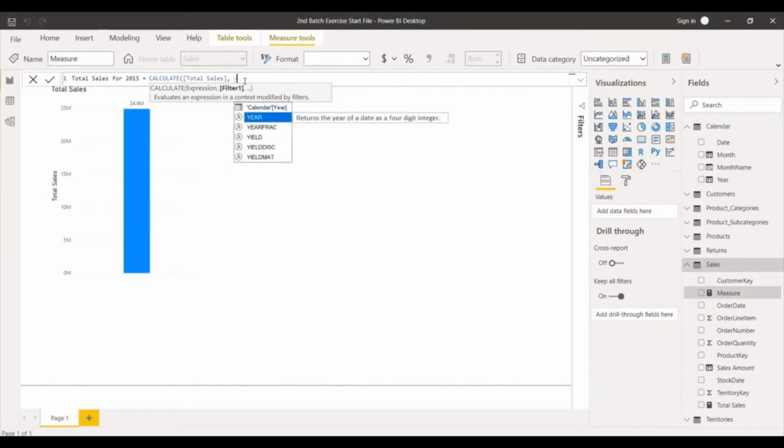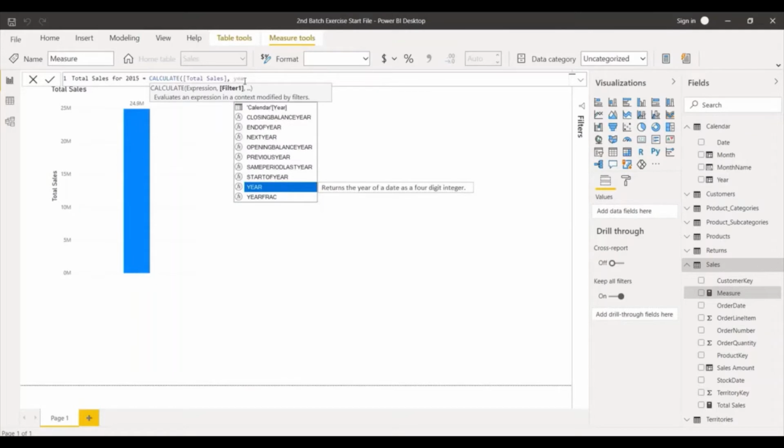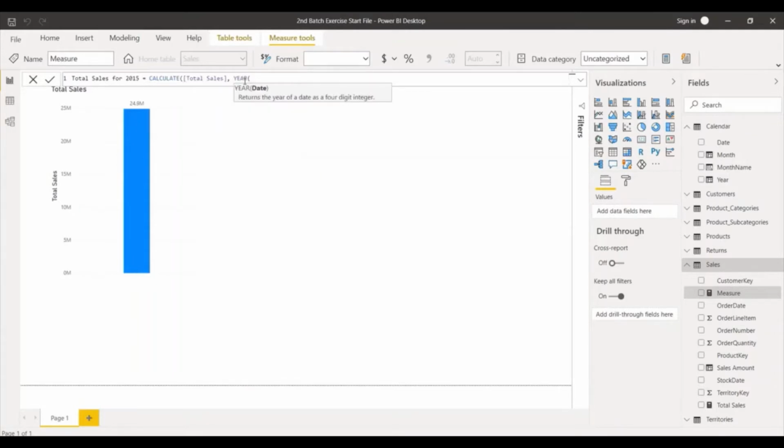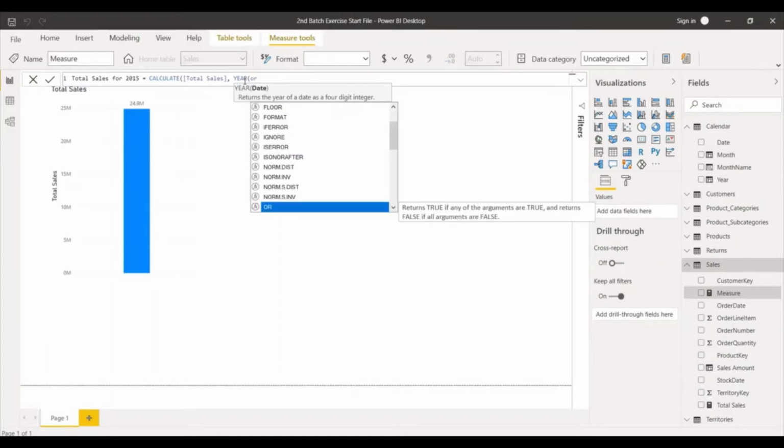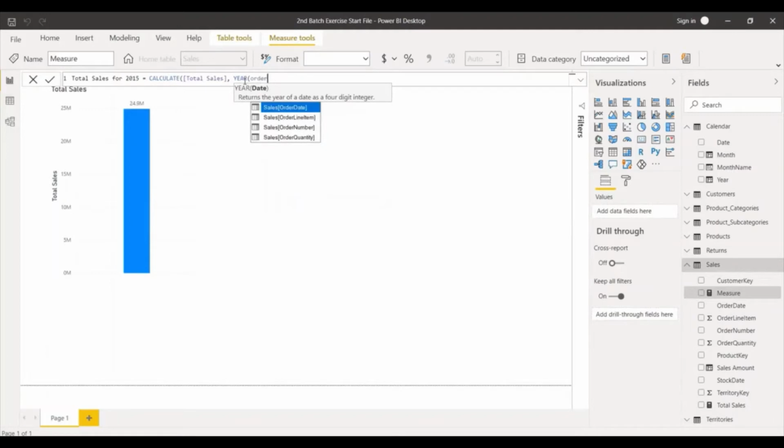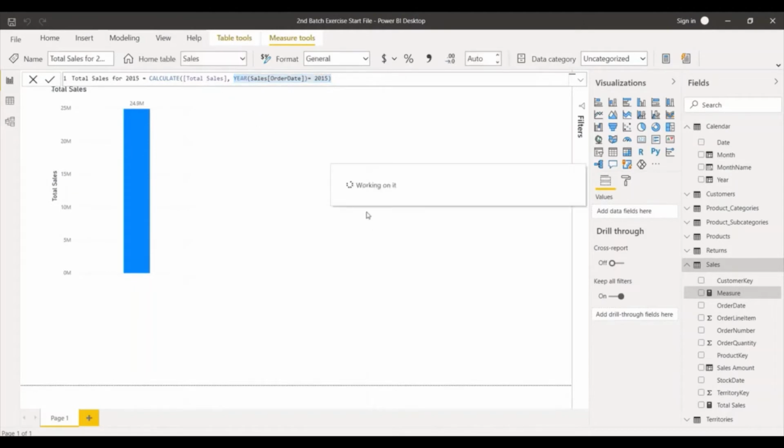You want to filter based on the year of your order date, which you already have in the sales table, equal to 2015. The first part is what you want, and then by what you want to filter. That's how it works: the expression and the filter.